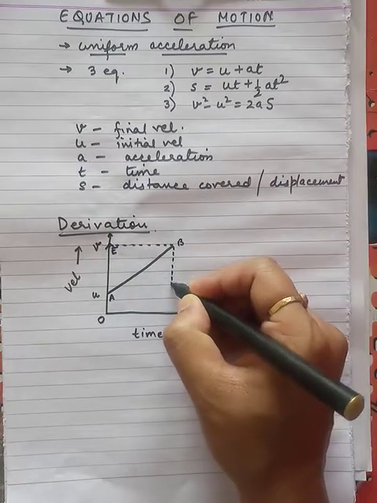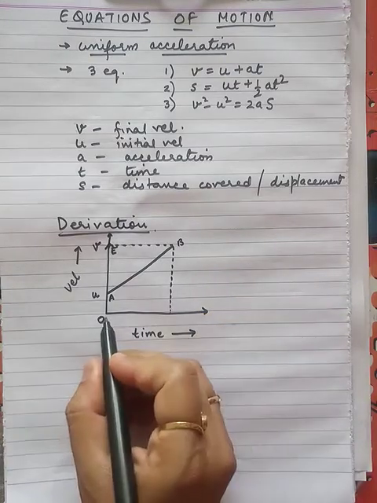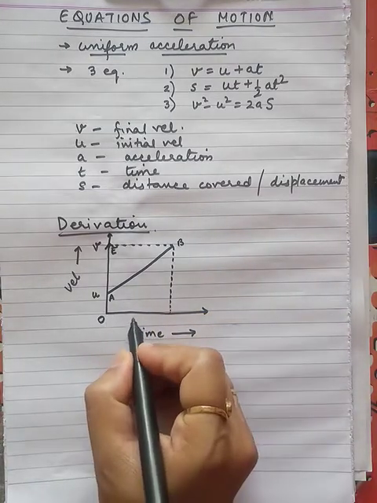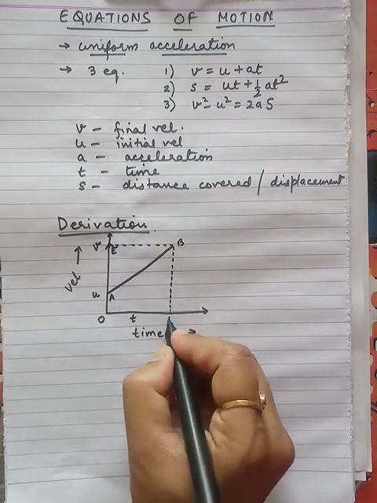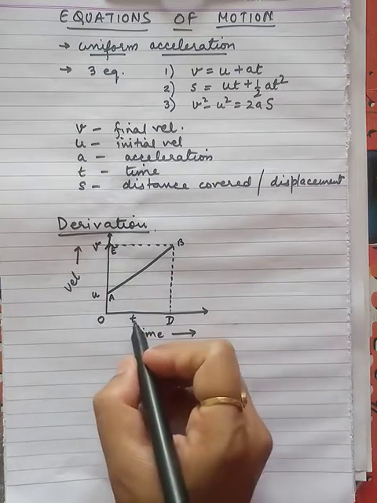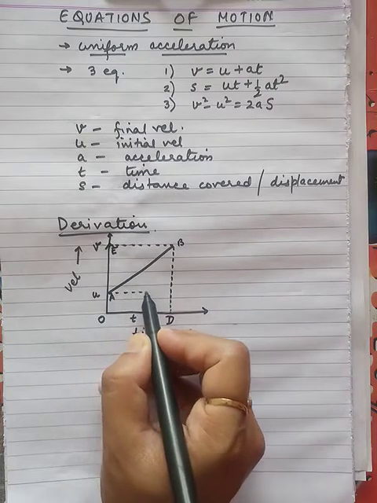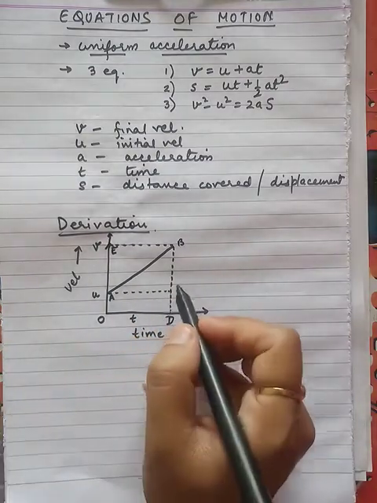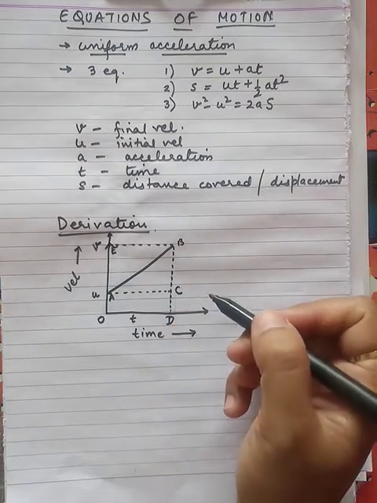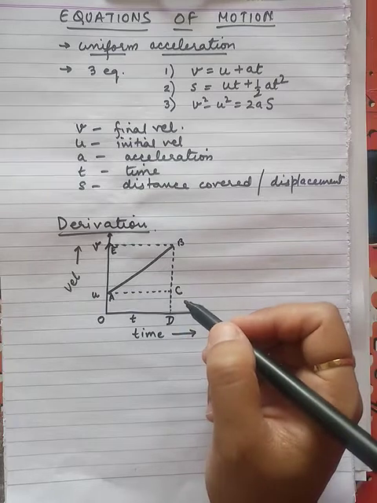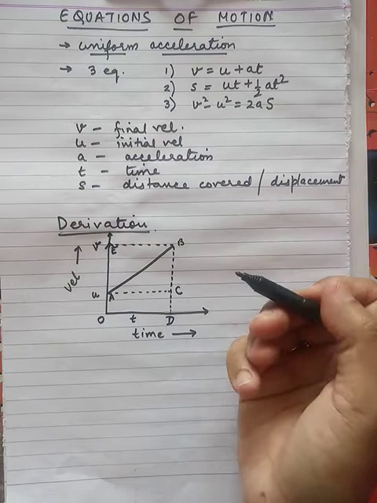So we cannot take particular values. Let's say at the final velocity, what is the time we are considering? This much time we are considering. So I am taking the time to be small t. From O to, let's say this point is D. From O to D the time is t, and this point also we have to consider. This is point C, you can say. So all the points I have considered are whatever values are required to derive the equation.